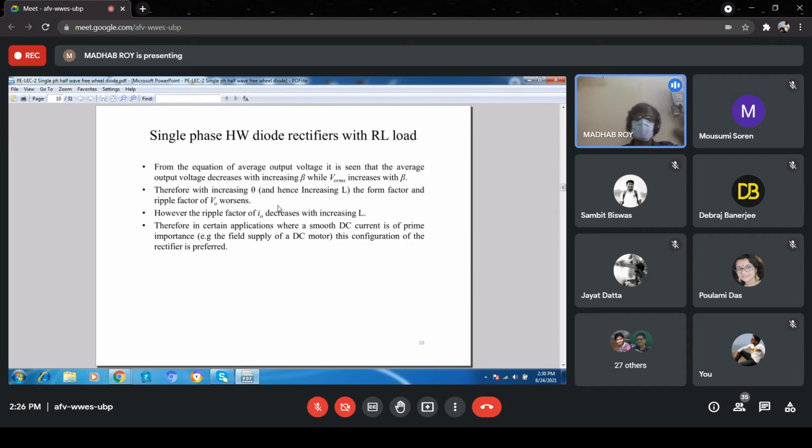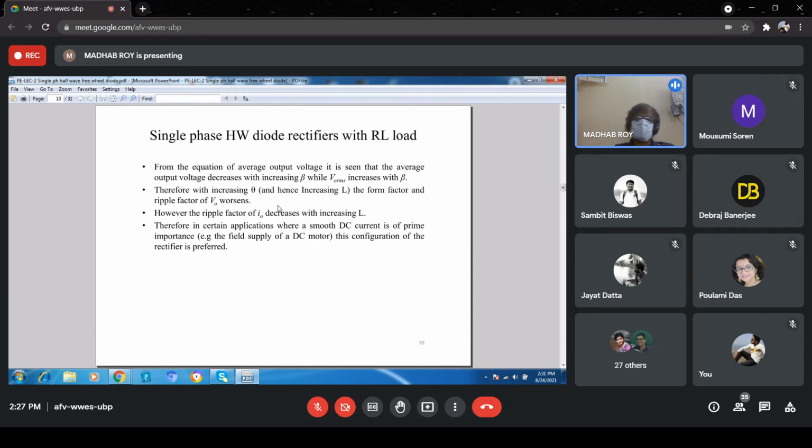If you put a particular value on this, because there are expressions, if you take some value of beta, sometimes beta can be taken as pi for resistive load, and beta can be taken as 210 degrees or like that. If it is beyond pi, 180 degrees, then you can compare and find the performance, how they are varying with the increase of beta. So they have stated it depending on that performance.